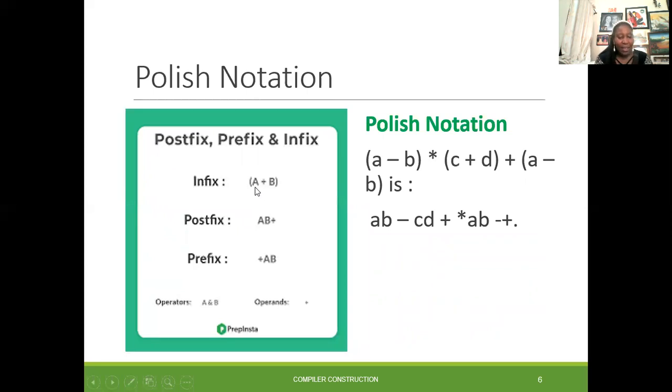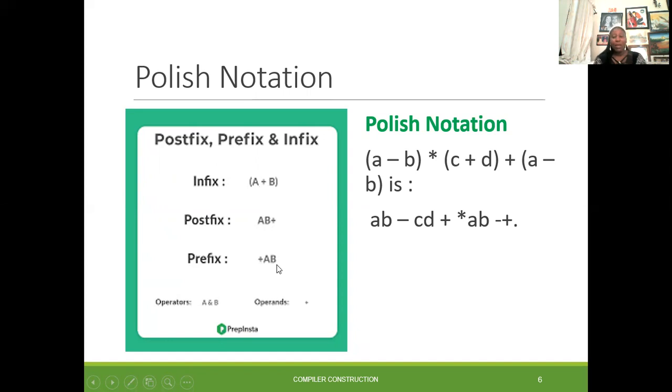You have your A, you have your B, and then you have your operator. Beautiful. So in this case, you have the operator in between A and B. In the case of the postfix notation, you have the operator appearing at the end of the operands. So you have your A and B, and then you have your plus sign. With the prefix, you have the operator preceding